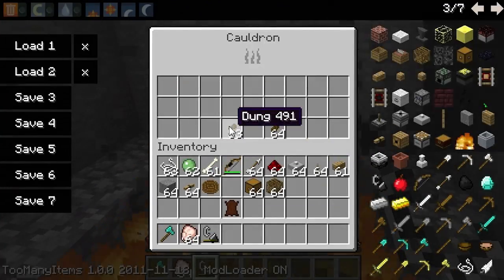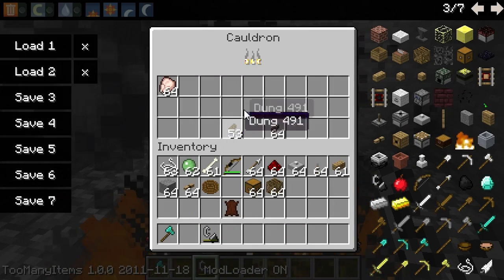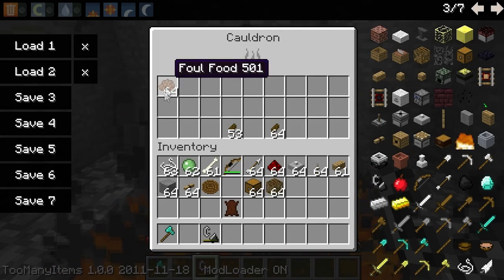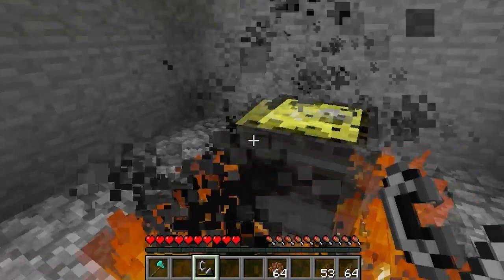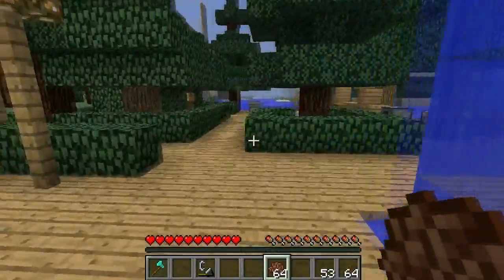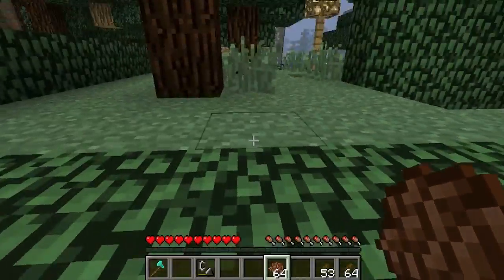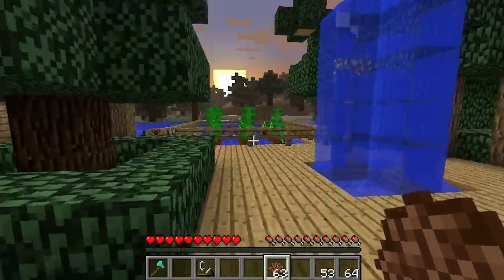Now, if you have dung and you also have raw chicken, you will create what's basically foul food, which is totally disgusting. It changes everything. It ruins your food basically. But the only thing that it does good is it makes it a fertilizer. So it acts just like bone meal. But once again, it doesn't work on hemp,